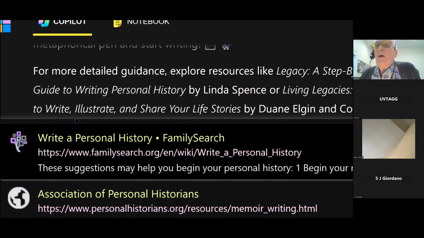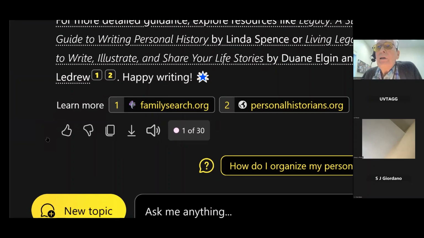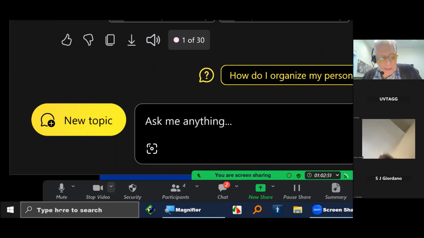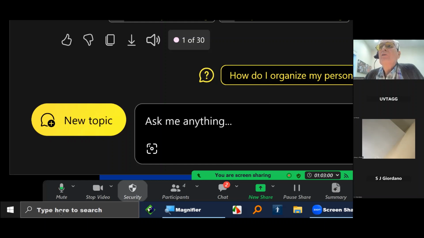So usually there's a thing on here. One of these will do a copy. There's a copy right there. So this one has a copy. So I click copy. Okay, now I'm going to minimize this. Let's see, a Windows D will take me out of that so that I can get